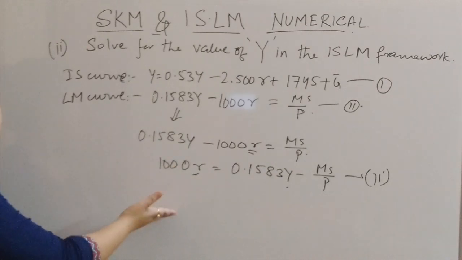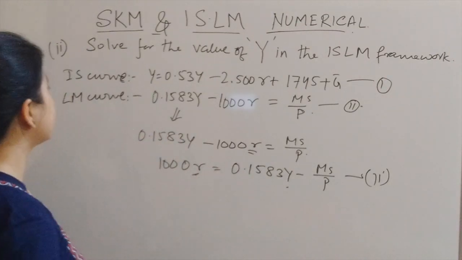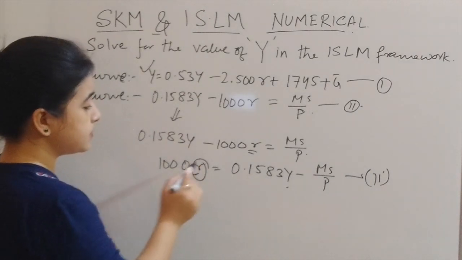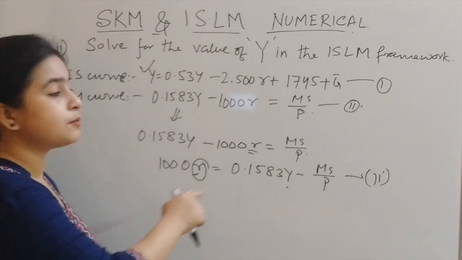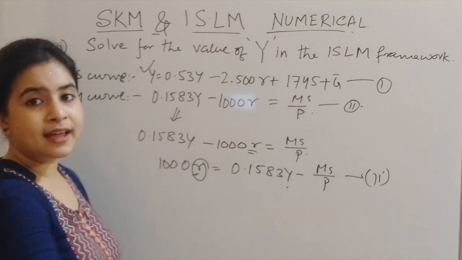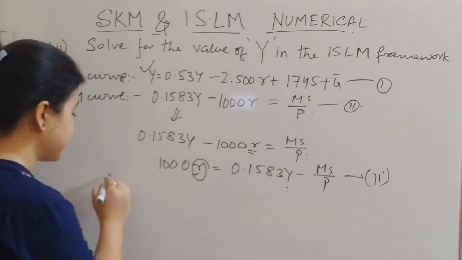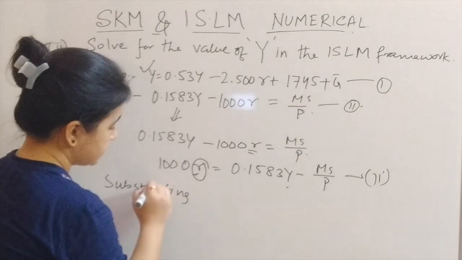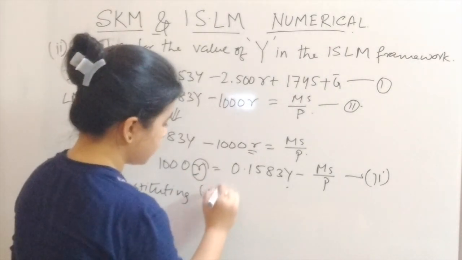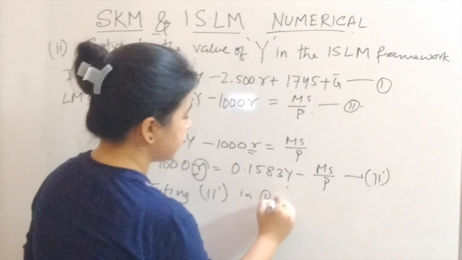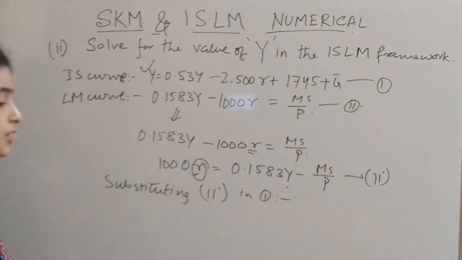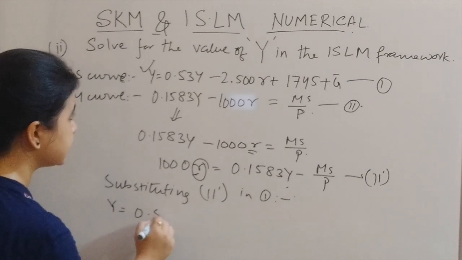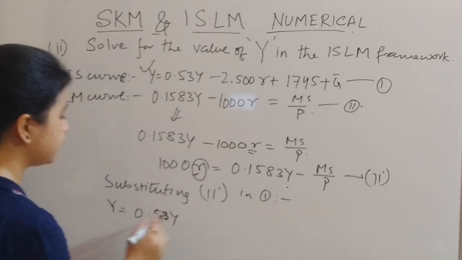simplified the LM equation. Now let's move towards the IS equation. What I'm going to do is substitute the value of r from equation 2 prime into 1 and let's see what we can obtain. So, substituting 2 prime in 1. Okay, let's see what we are going to obtain: here